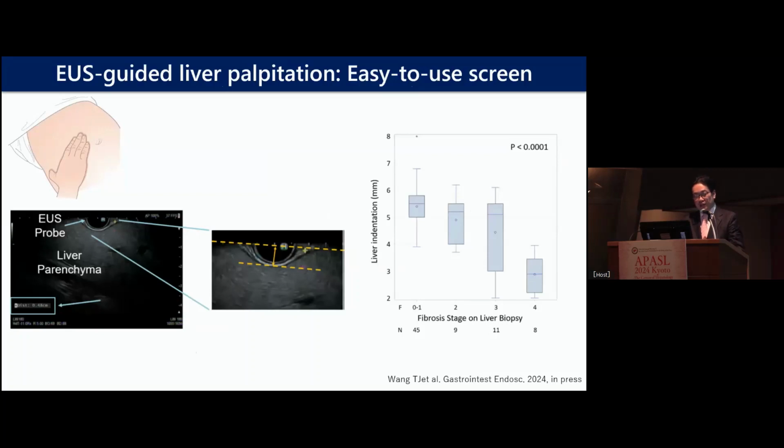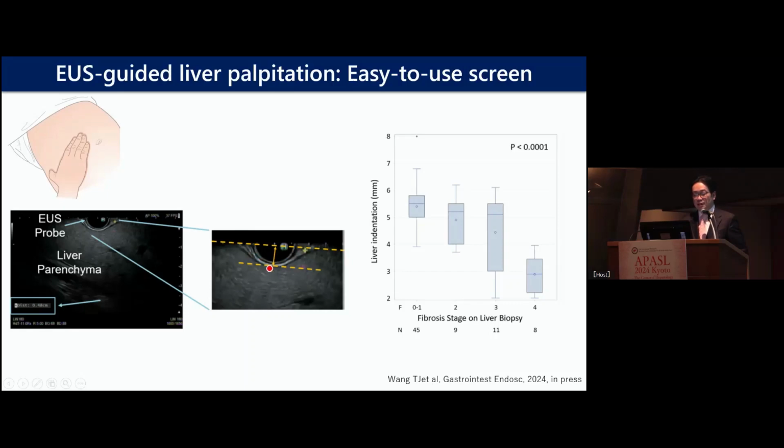I think this is a very unique study. When we were residents, we learned palpation of the liver, but now we don't do that. But with the EUS, we can do that under EUS guidance. So if you use the up angle of the EUS scope, if the liver is softer, there's an indentation by